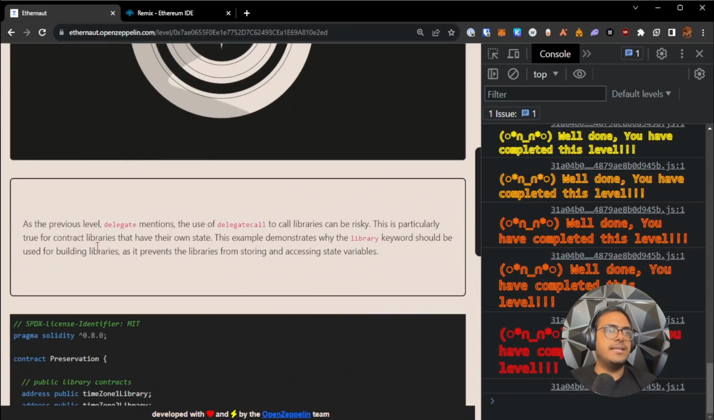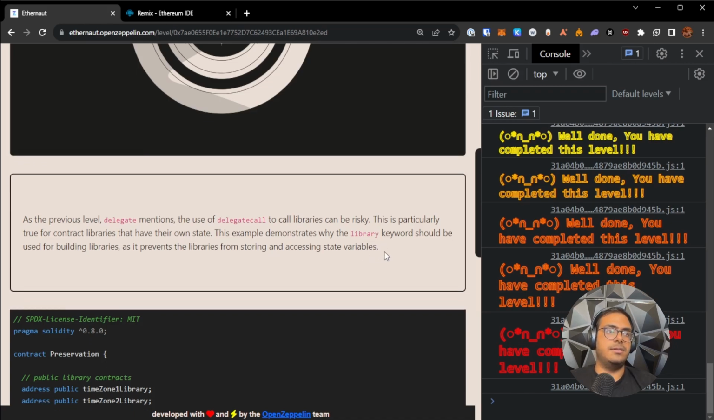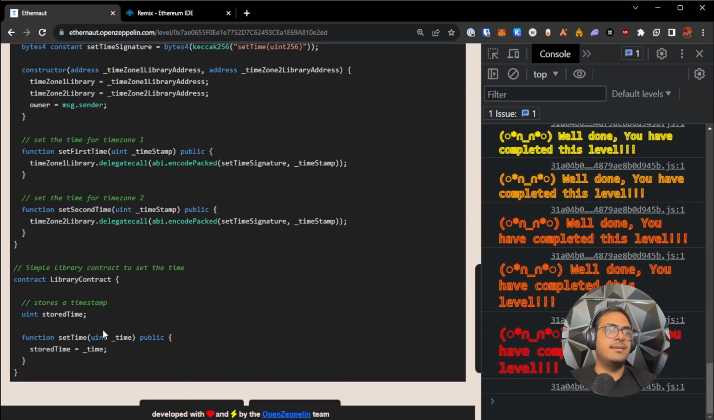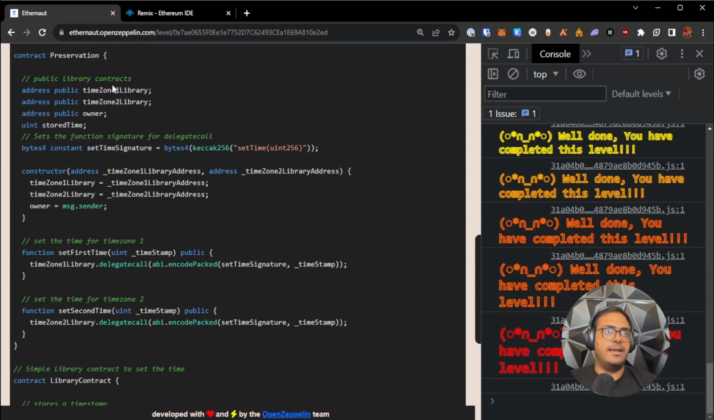So as we've seen in previous levels, delegate calls are risky, and they should only really be used when contract libraries do not maintain their own state, like they're stateless. And that's why we have the new library keyword in Solidity now, as it prevents them from storing and accessing state variables. But in cases like this, where on the surface, if you didn't know how delegate call works, it would look okay to you. We have a variable, we're updating that variable. But the fact that it's actually updating the same storage slot in the contract doing the delegate call allows us to exploit this